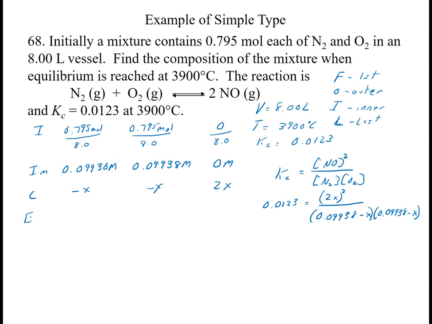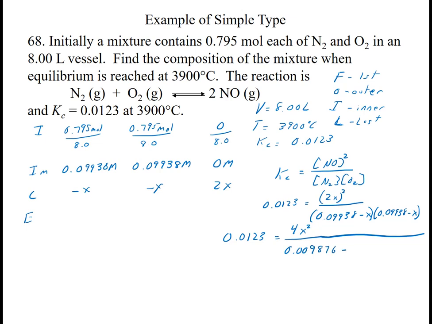To do this part down here, I'm going to basically move it a little bit to the left. I'm going to go ahead and square this. So 2 times 2 squared is 2, so 4x squared. And it's going to become long. So the first is the 0.09938 times 0.09938. So that's my first. And when I do that, I get 0.009876